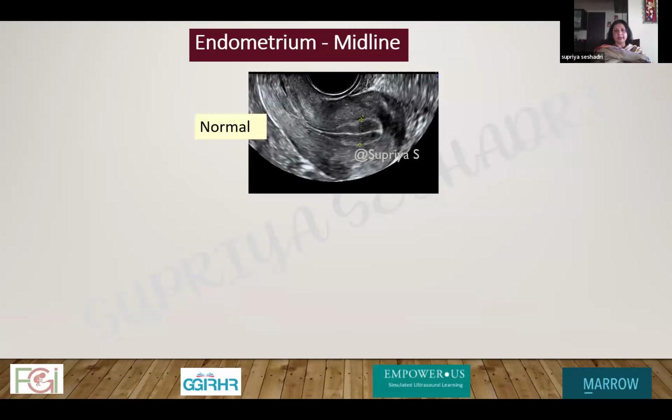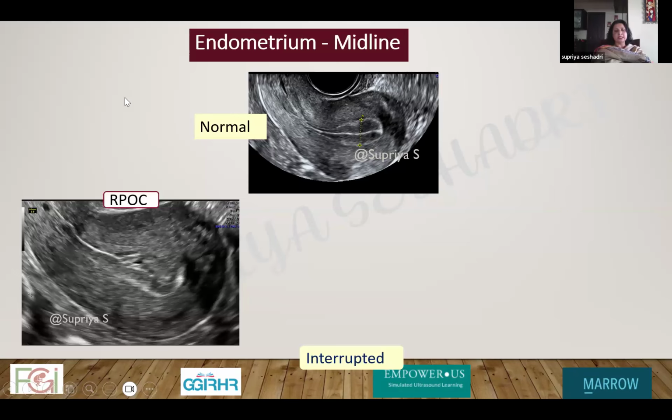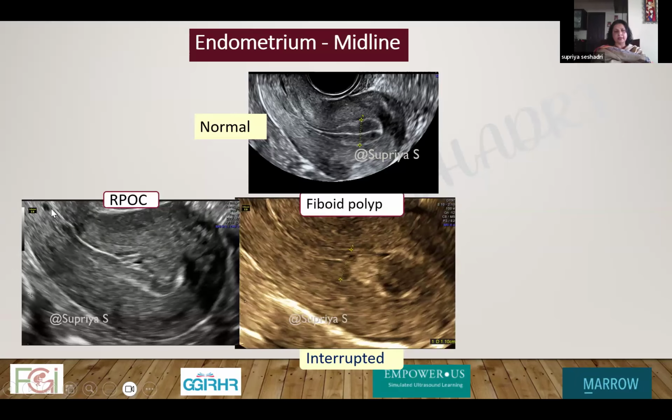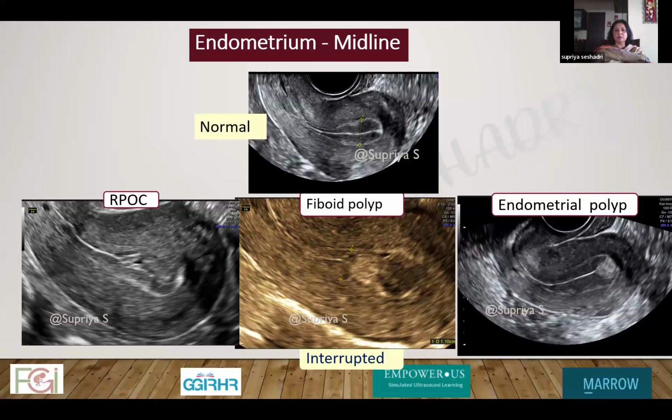Next, coming to the midline. This is a normal midline wherein it is linear or continuous. The interrupted is, this is a case of RPOC where the midline is interrupted. This is a fibroid polyp where it is interrupted, and again, an endometrial polyp is interrupted. IETA has some other terms where they call it irregular or a non-linear midline. But we don't really see that so commonly in practice. What we normally see is an interrupted midline, and that will tell us that there is something inside the cavity,